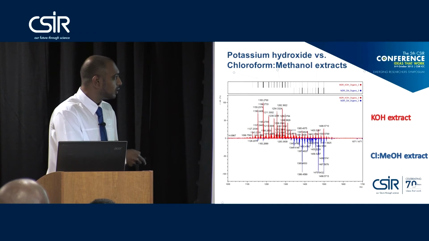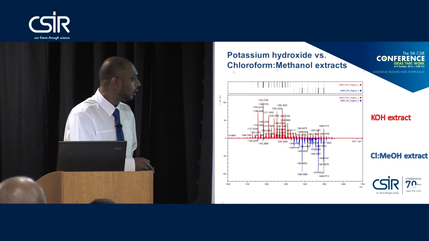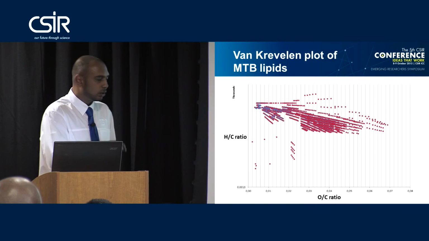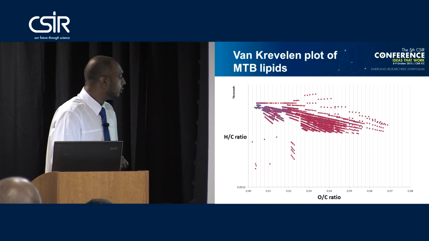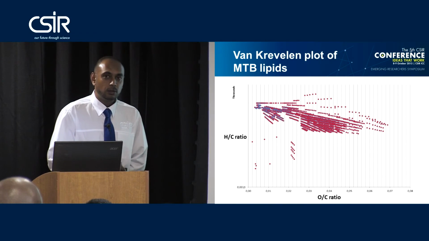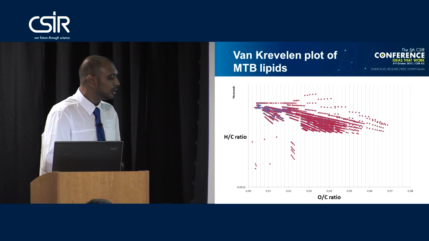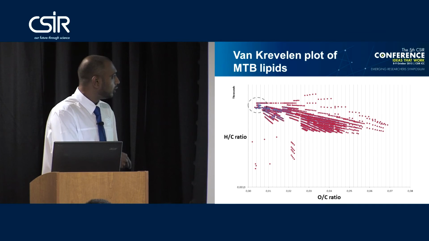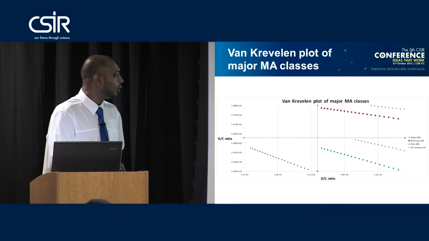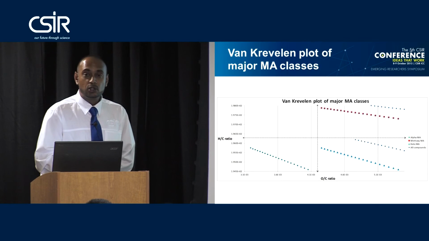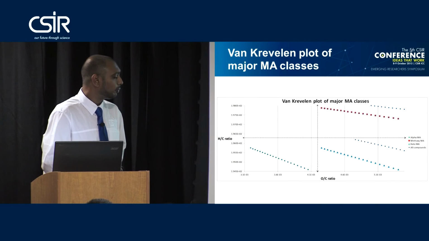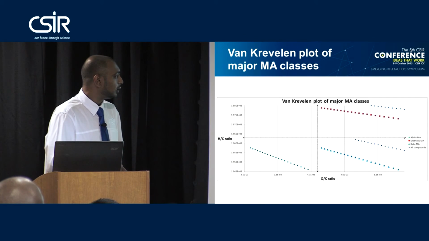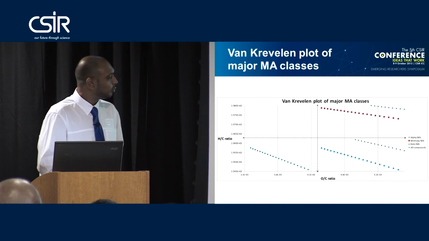This is to show you the difference that we find in the potassium hydroxide extracts compared to chloroform methanol. What you're seeing here is actually quite novel, a Van Krevelen plot of hydrogen-carbon to oxygen-carbon ratio, which has not been reported as yet. This is not on experimental data, on theoretical data. If we zoom into that little area over there, that has not been shown before, and you're lucky enough to see this right now. On theoretical data, remember theoretical data, not experimental data, showing that there is possible separation between